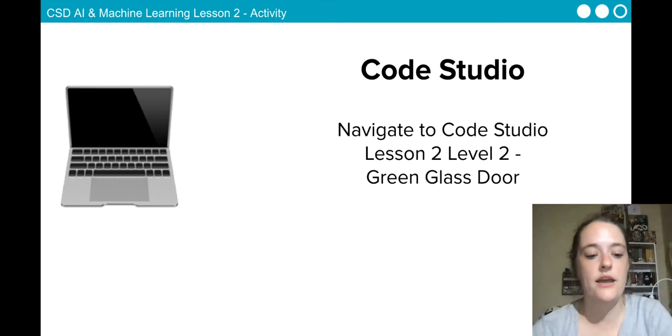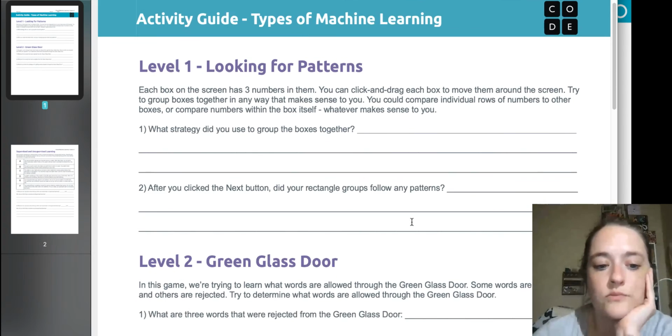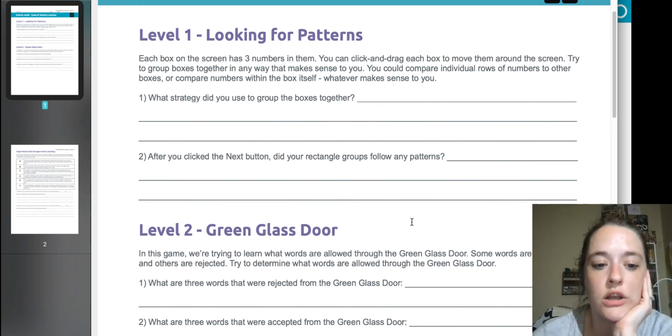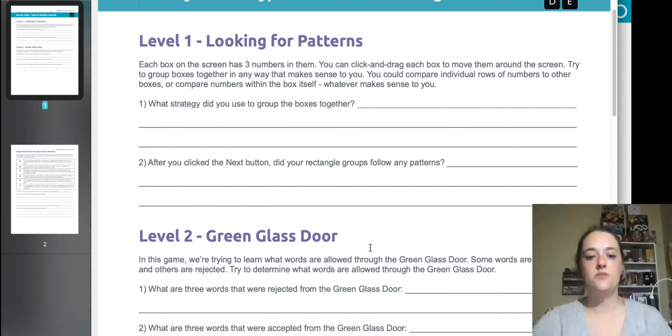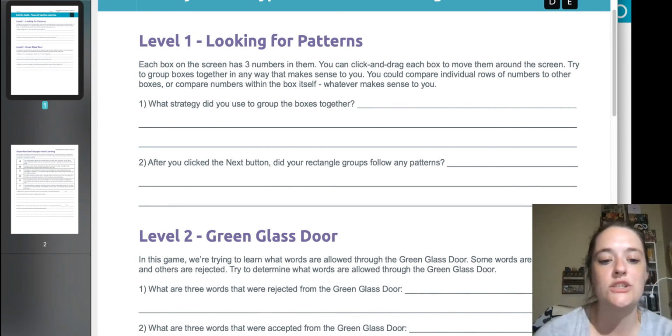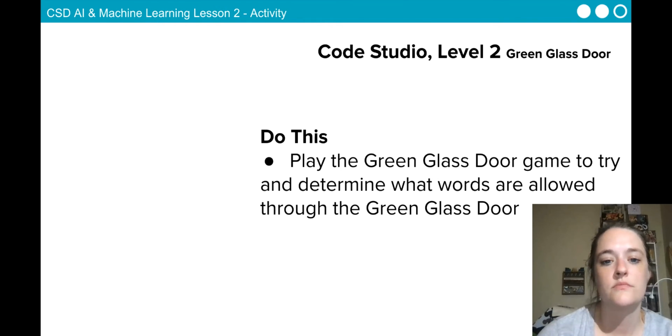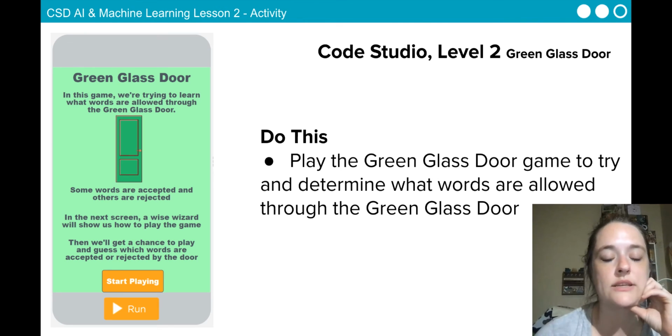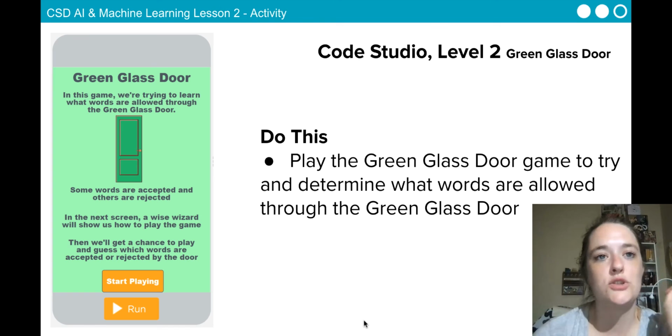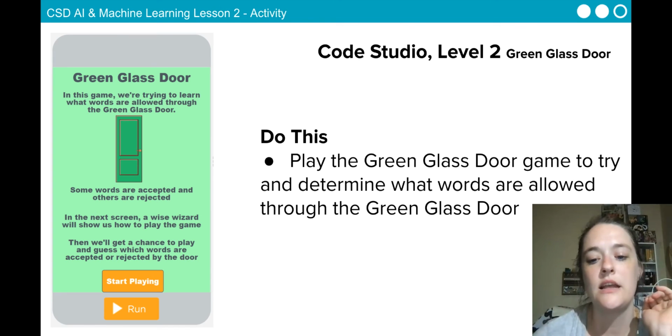So look at your instructions on your activity guide. In this game, we're trying to learn what words are allowed through the green glass door. Some words are accepted and others are rejected. Try to determine what words are allowed through the green glass door. Okay? So this is the green glass door. I want you to pause the video